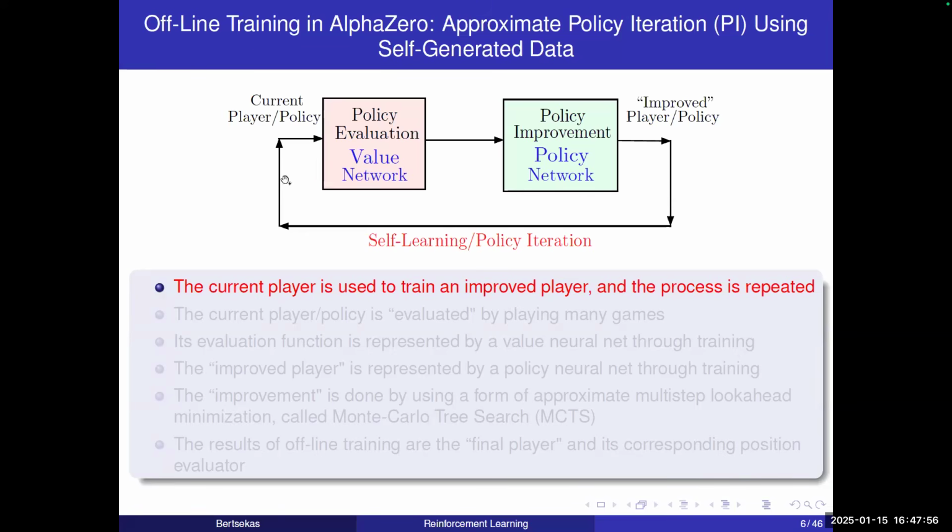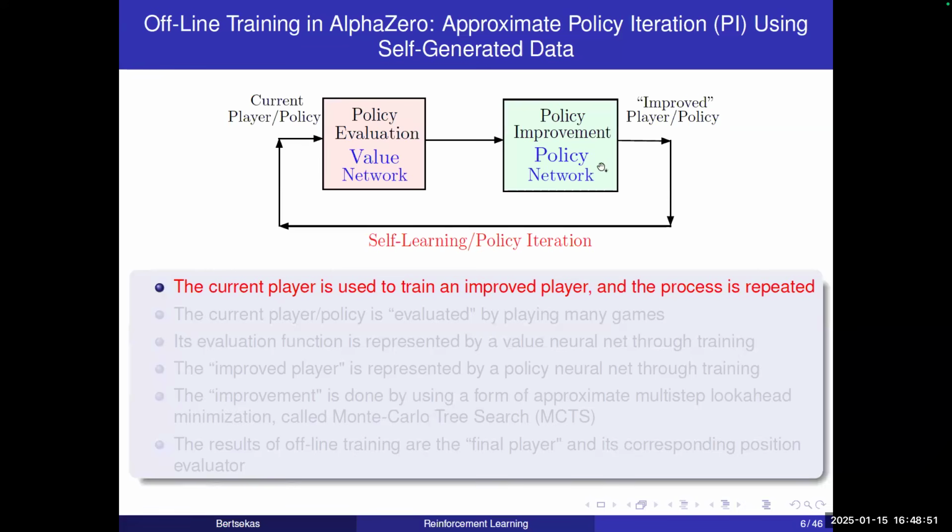Now, what the offline training algorithm here generates is a sequence of players or policies. A policy, you can think of it as a lookup table. For any given chess position, the lookup table gives you the move to play. So that's the policy that AlphaZero uses. It starts from some policy. It evaluates this policy by generating data and recording when it was successful and when it was not successful. So it evaluates its play, and it uses this evaluation to do a policy improvement to obtain a better lookup table, a better policy, which is stored in a policy network, a neural network that provides this lookup table,